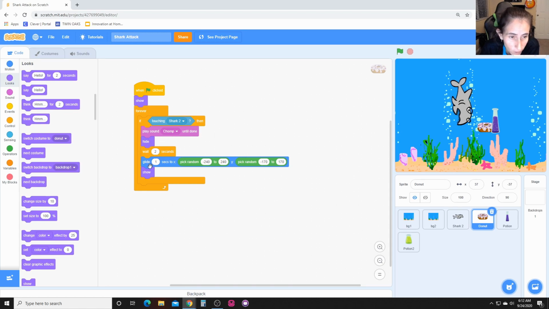We wait for 2 seconds, and we make it glide into wherever space we want, whatever is random space. So to make it random, this is how we do the randomness of it here. We make the system choose a random X and Y,